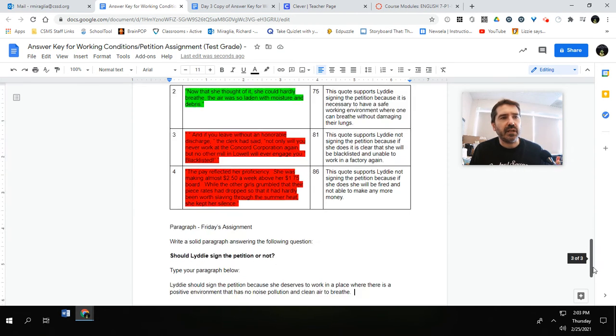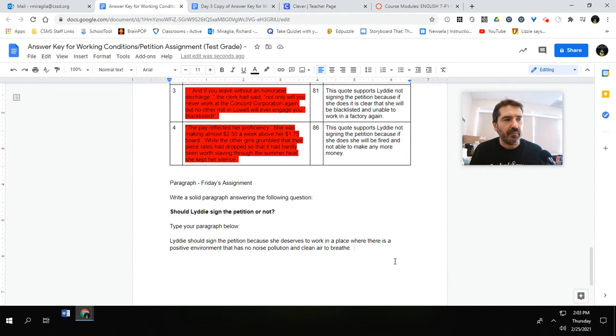So what I need to do is transition from my claim. Liddy should sign the petition because she deserves to work in a place where there is a positive environment that has no noise pollution and clean air to breathe.